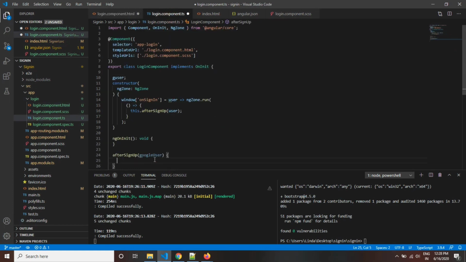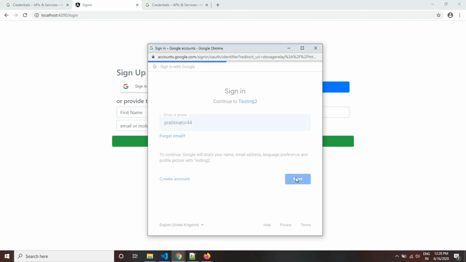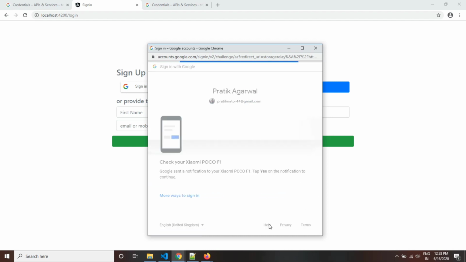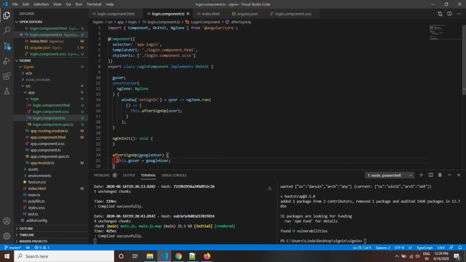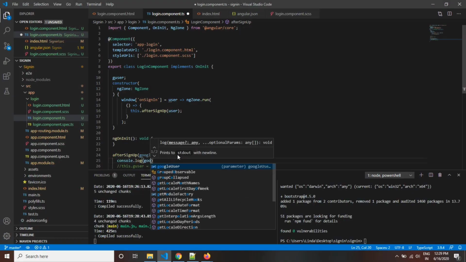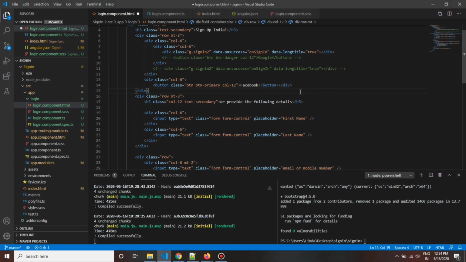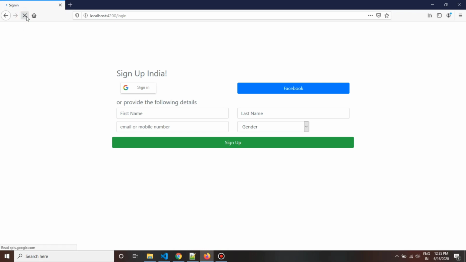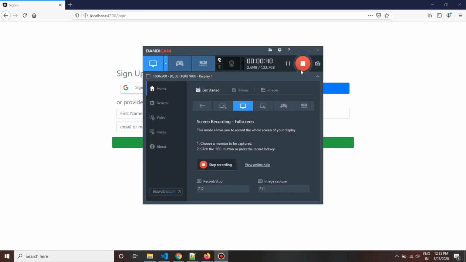And let's see what data we get here. So I'm gonna click on sign in, and I'm gonna sign in again, and via phone, and boom, here we have the data that is given by the Google databases to us. Now for a cleaner view, let's console.log it. It seems a little better. So now you can implement everything with that. I guess all the data that you can send to backend, and you do not need to have the OTP to be sent on